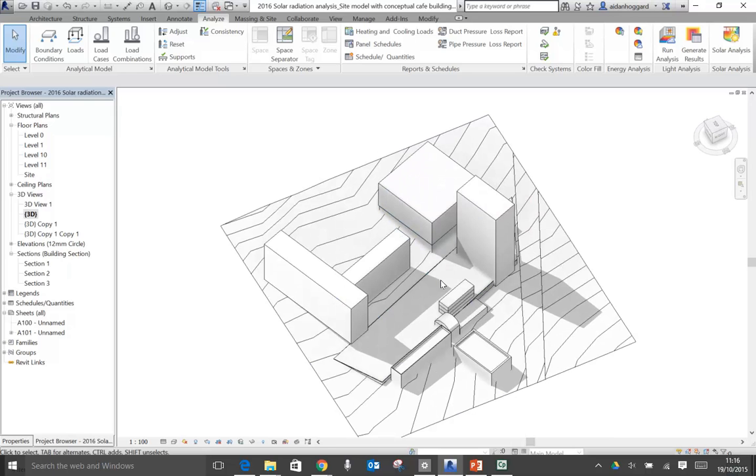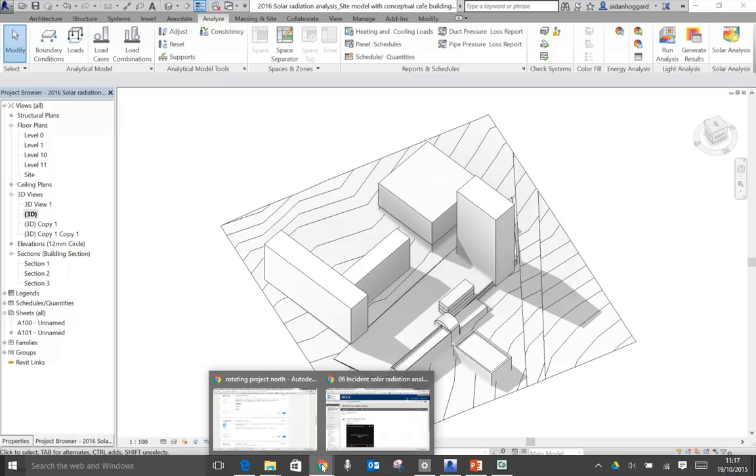Okay, now one thing to note is we are now performing solar analysis in Revit. We're not doing it in Vasari as we did in previous years. Autodesk have finally added the solar analysis into Revit, which coincides with the fact that they no longer offer Vasari. So last year we did this in Vasari, this year it's in Revit, and I believe it's much better actually. We're going to go through some of those tools, but first of all